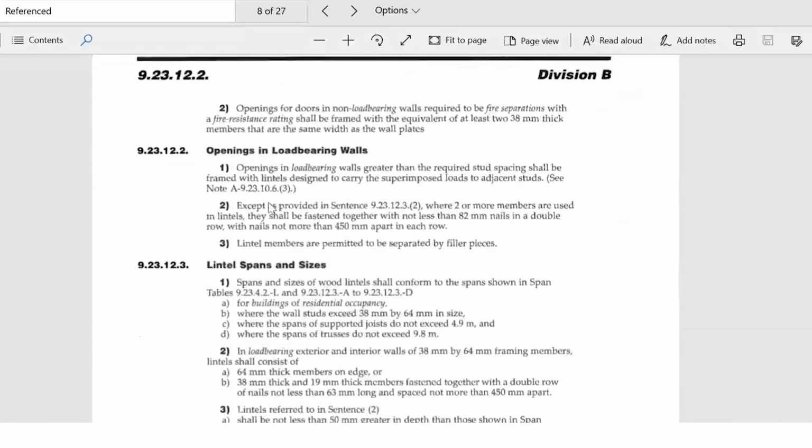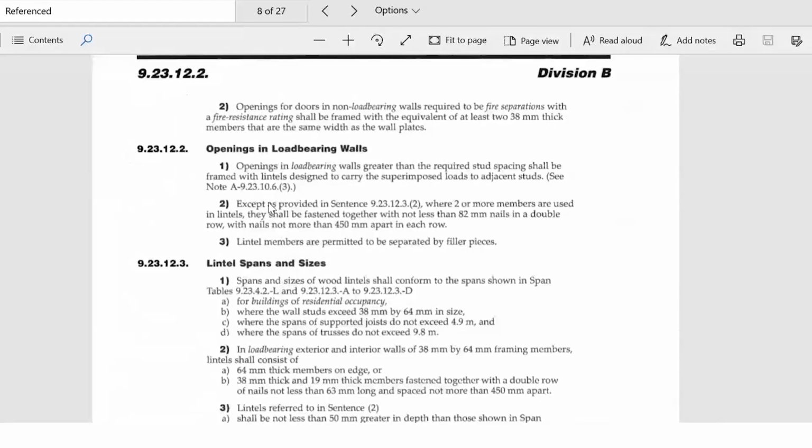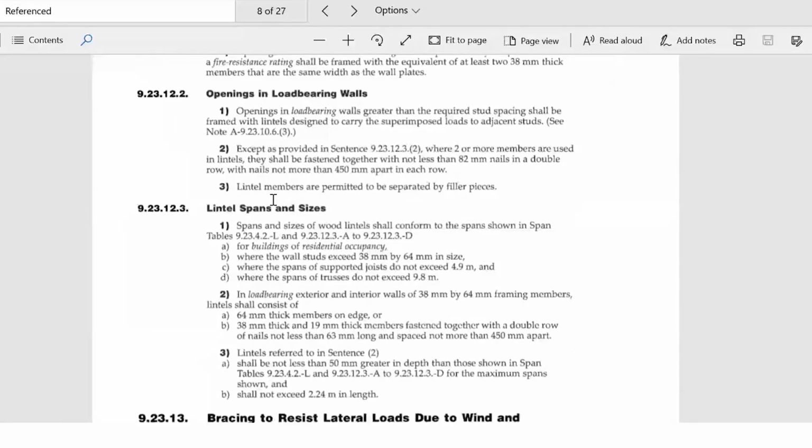Framing over openings, this is critical. The framing over opening goes into lintels, spans, and sizes. So here, in load-bearing walls, you have to be very careful when you're creating openings. Openings in load-bearing walls greater than the required stud spacing shall be framed with lintels designed to carry superimposed